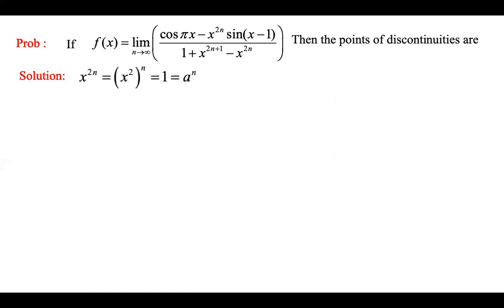So here again, with that a to the power n, we are thinking about what should be the a now, right? So you observe the problem, everywhere x to the power 2n is visible. That x to the power 2n plus 1 can be written as x into x to the power 2n. With single x, there is no difficulty. With x to the power 2n, I am assuming it as a to the power n. Therefore, my a is x square. When x square is equal to 1, that means x is equal to plus minus 1, which are the breaking points.